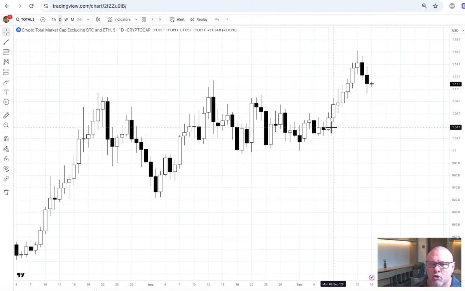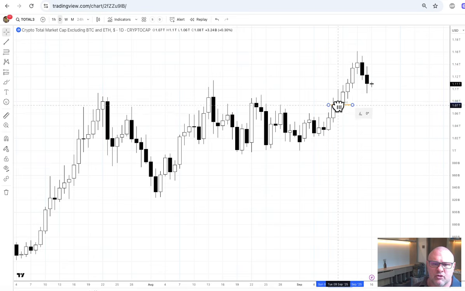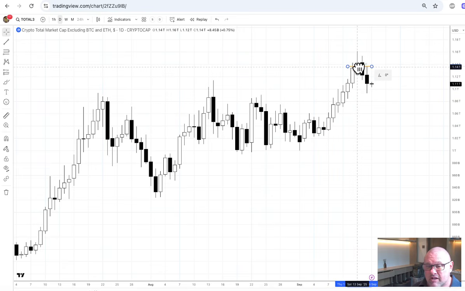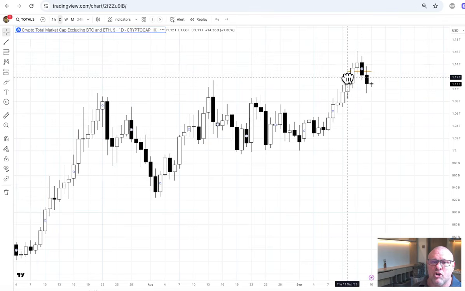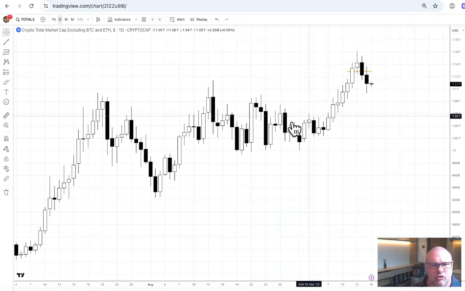And we see that altcoins have this same situation where the sellers here couldn't push it down to here. And then the sellers here couldn't push it down to here. And the sellers here couldn't push it down to here, and so on and so forth. How many days in a row do we get? We got 1, 2, 3, 4, 5, 6, 7. That's pretty good. That's strong. Now, we have no sign of upside capitulation. We have just ordinary profit taking in altcoins. This is just totally normal.